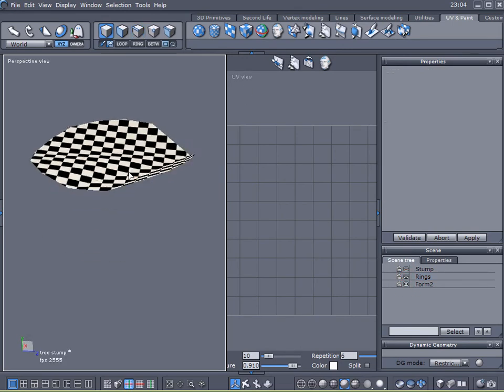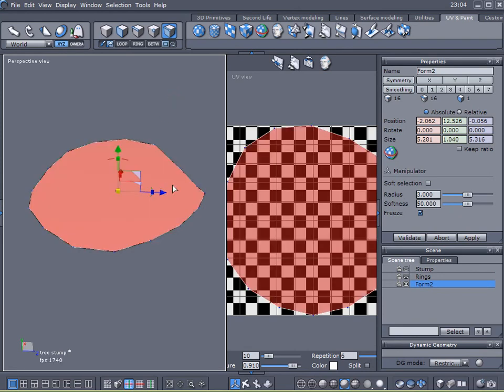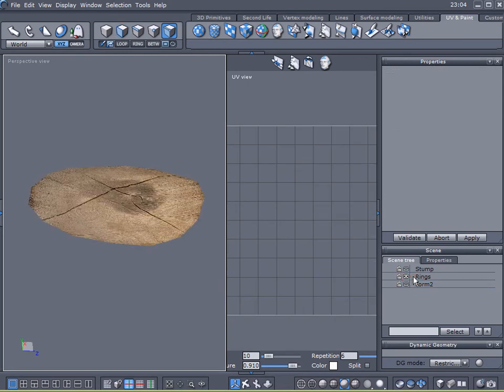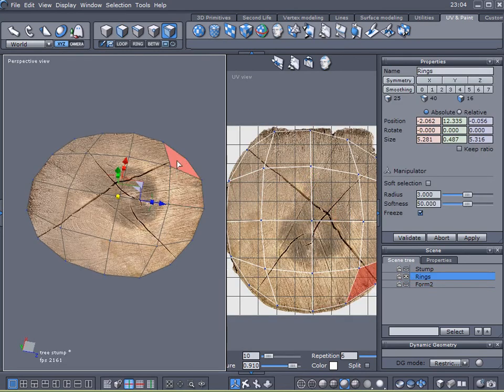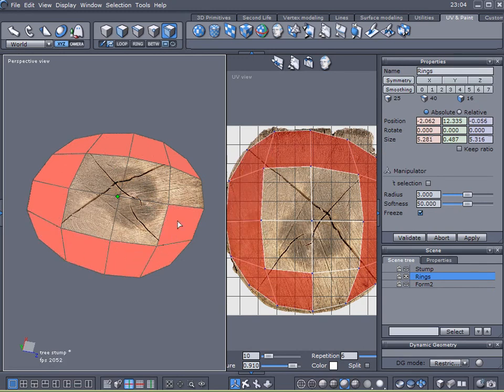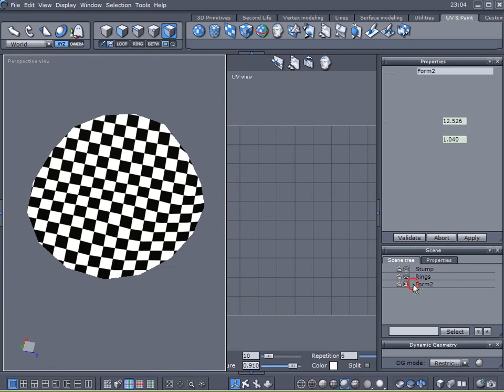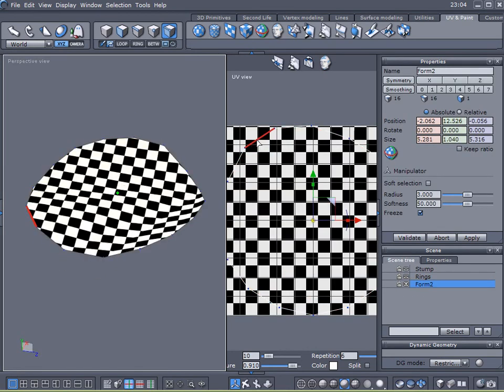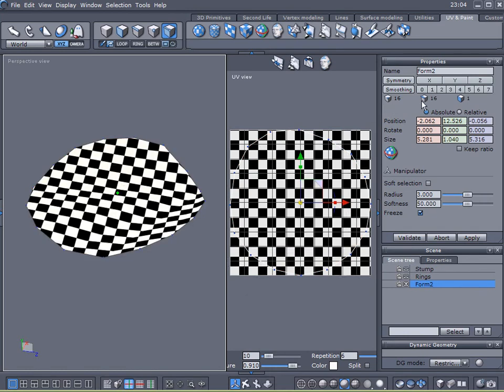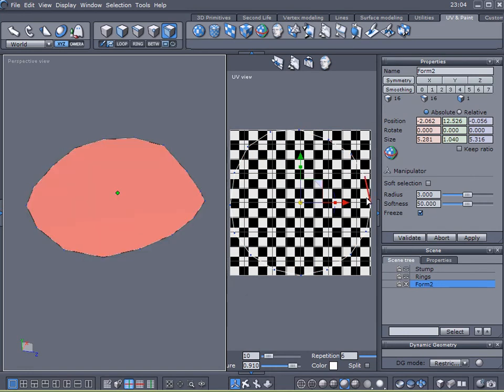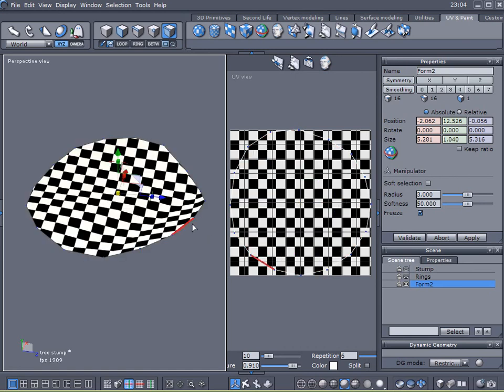That is because this contains n-gons, which are essentially polygons with more than 4 sides. If you look at this object, all of these polygons, all of them have 4 sides. Unfortunately, this one is just one polygon, and it has, well, however many, it has 16 sides to it. And an n-gon is anything more than 4 sides, and some 3D rendering programs have a difficult time